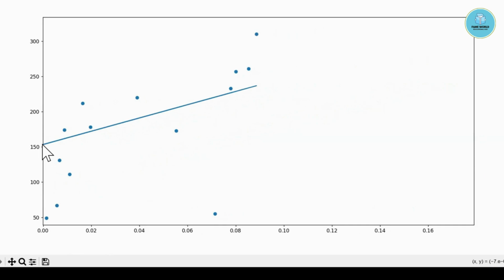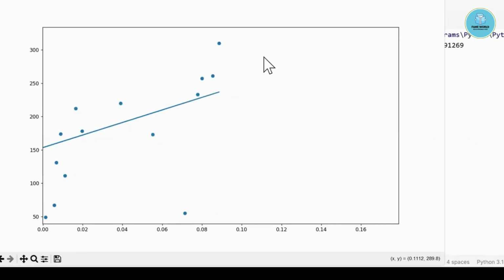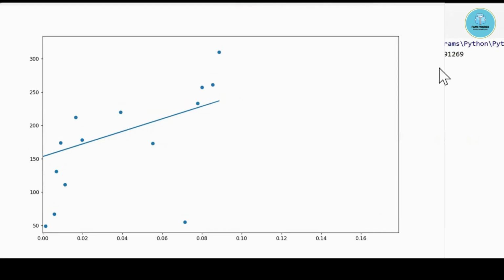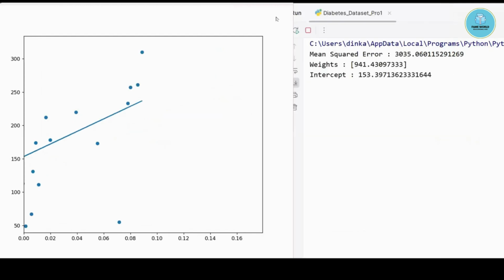So it is 153.8. So simply it is almost same as it was coming on the terminal, and yes, a bit of the zero is also shifted, so it is almost 153.4 only. But yes, you can see approximately the same output we are getting as it should be. So both of them, the terminal output and the graph output, are similar as they should be. So this way you can understand that yes, our project is working fine.